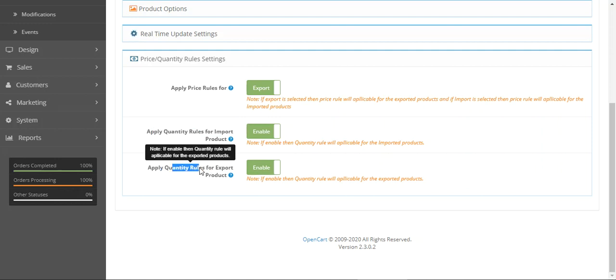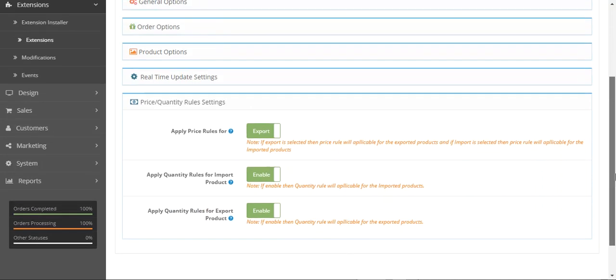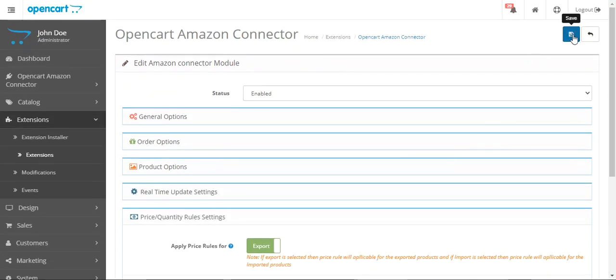Then we have the apply quantity rule for the exported products, and if you want it, then you can enable or disable this. If you enable, then the quantity rule would be applicable for the exported products. And after setting these settings, you just need to tap here on the save button to save the initial configuration settings for this particular